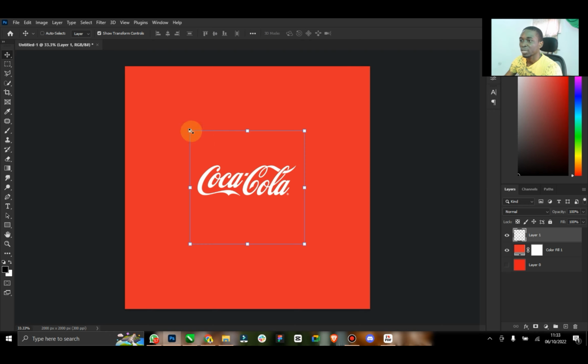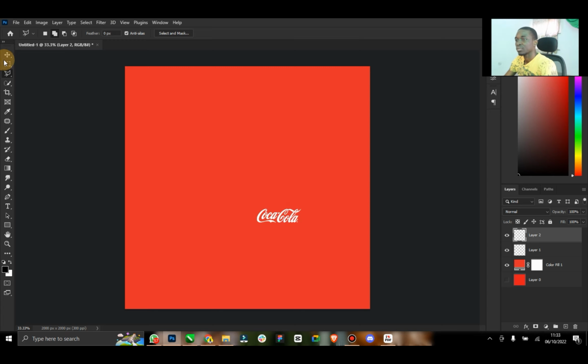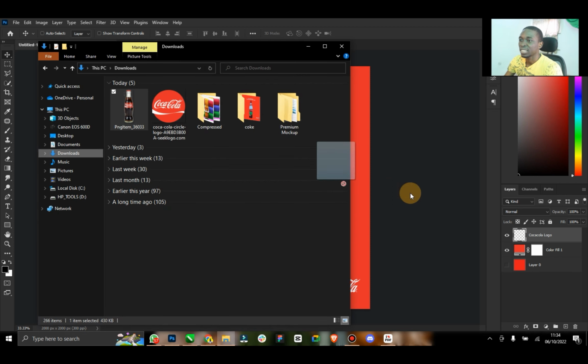Like I said, it's not going to be exactly like the design, but it's going to be very similar to the design. So let's just rename it Coca-Cola logo. And we're going to place it just down here, just like the video. The next thing is we're going to bring in